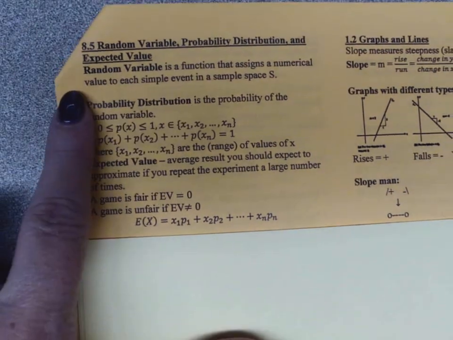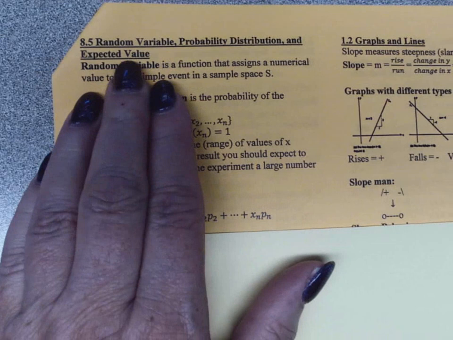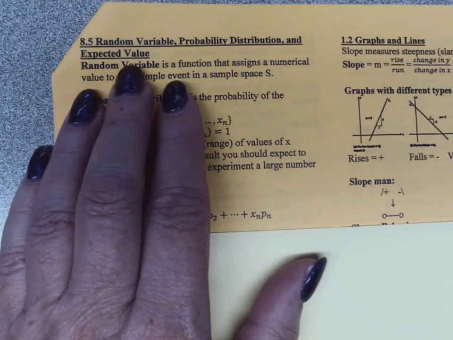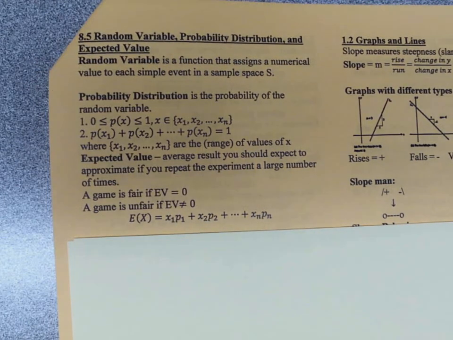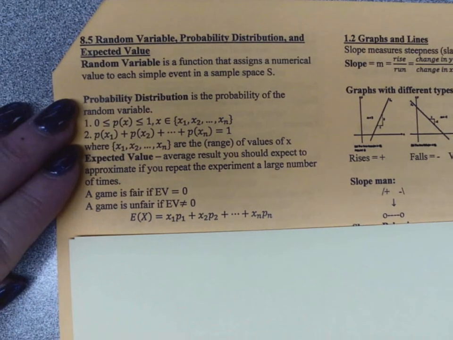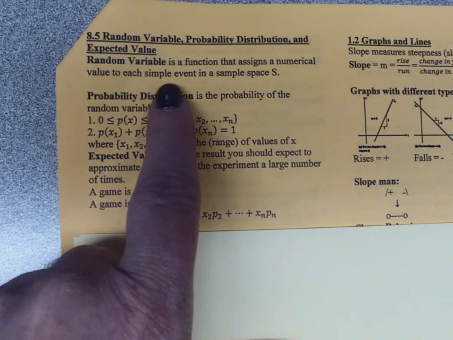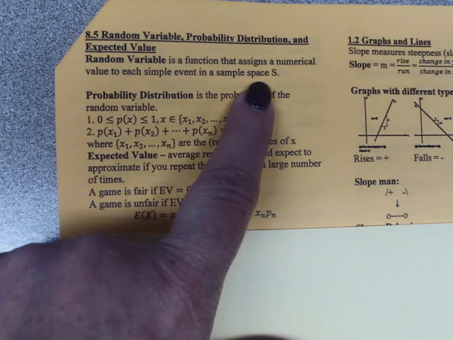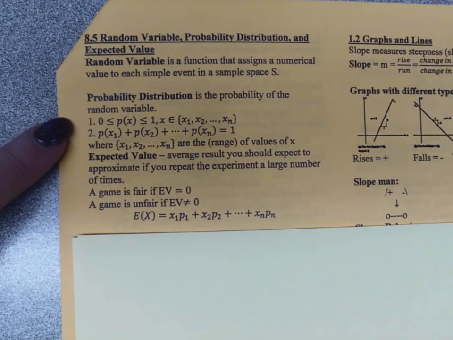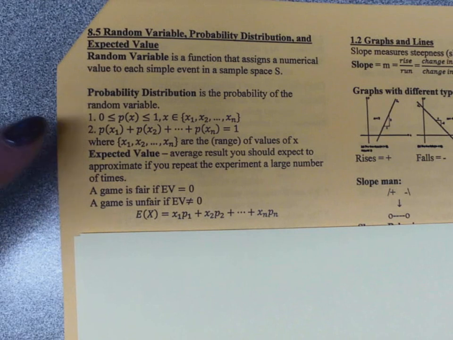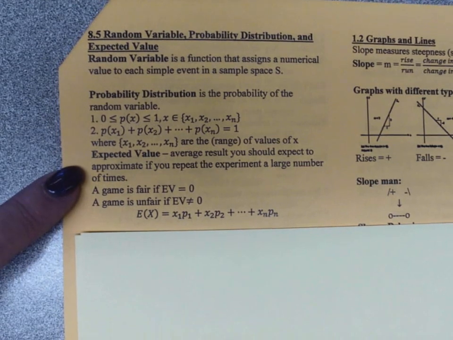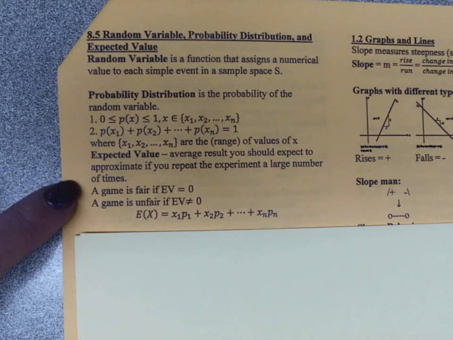All right, so we're going to talk about 8.5, which the title of it is Random Variable Probability Distribution and Expected Value. We're going to talk mostly about expected value here. So the random variable is just a function that assigns a numerical value to each simple event in the sample space of S. And then the probability distribution is just the probability of the random variable. For the expected value, the average result you should expect to approximate if you repeated the experiment a large number